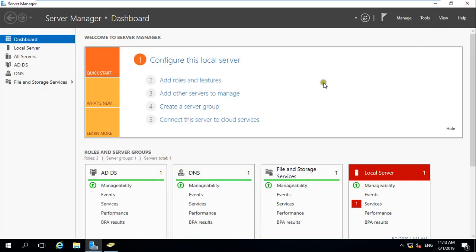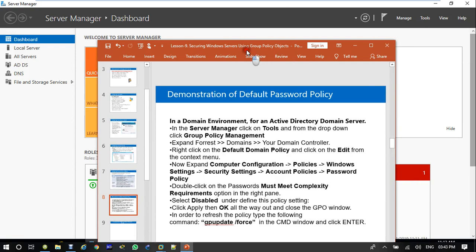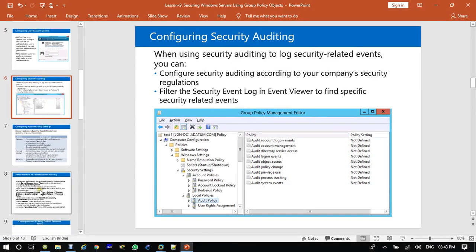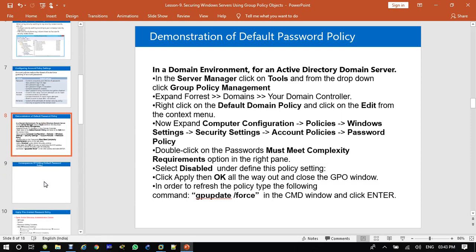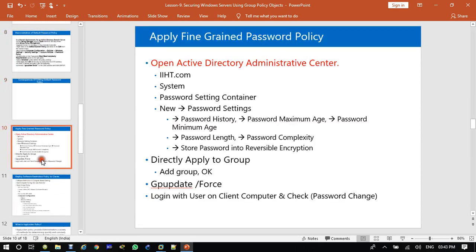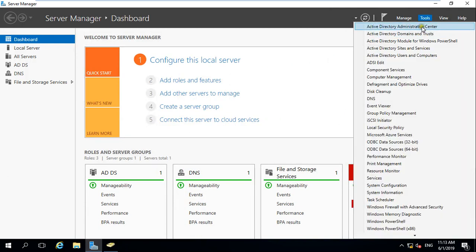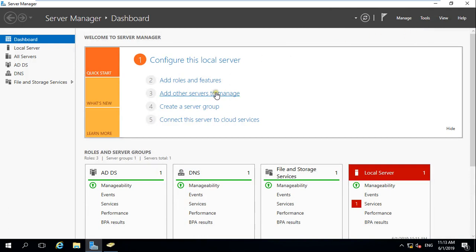Okay, so close this one. I'll explain to you what is fine grained password policy. See, this is the fine grained password policy. Now we want to apply some policies for the HR OU, right? So let's come to tools, open Active Directory Administrative Center.